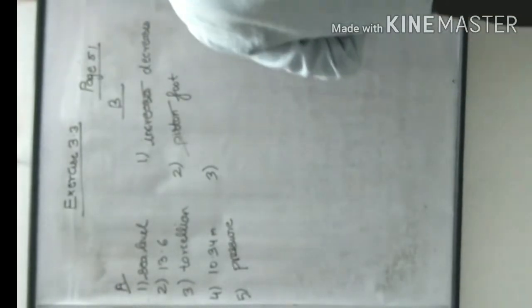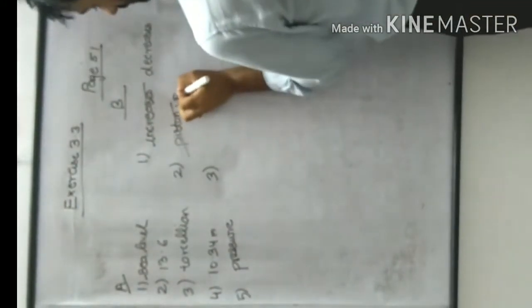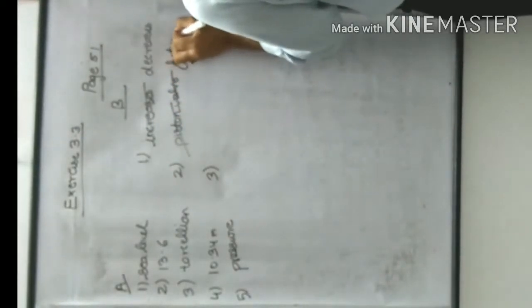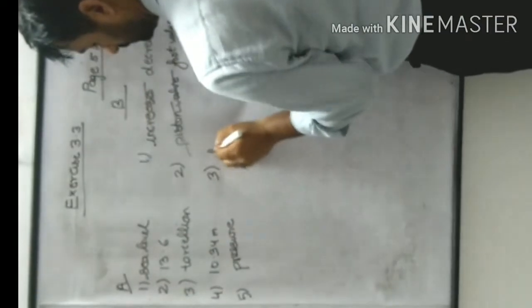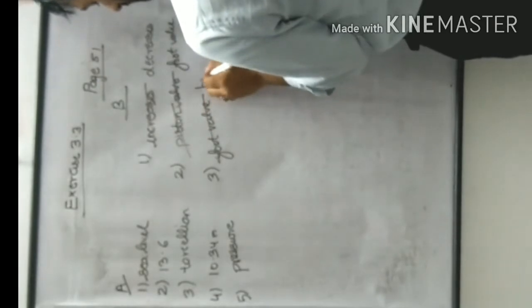When the piston of the common water pump is raised, where piston valve is written, you have to cut that and write foot valve. Obviously valve was already there, because piston is coming two times in the statement. Third one: when the piston of the common water pump is lowered, its foot valve opens. So you have to cut that foot valve, and write there piston valve.